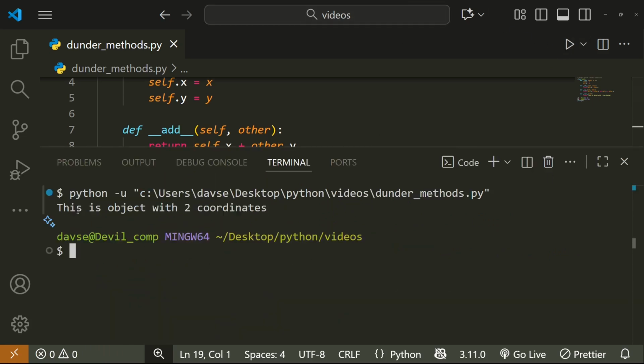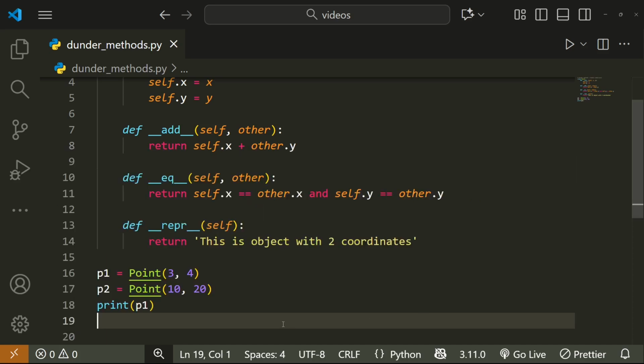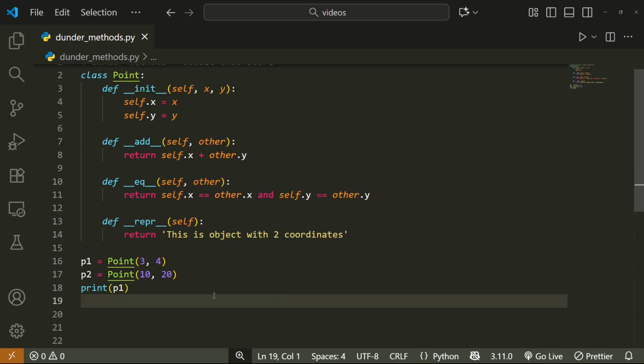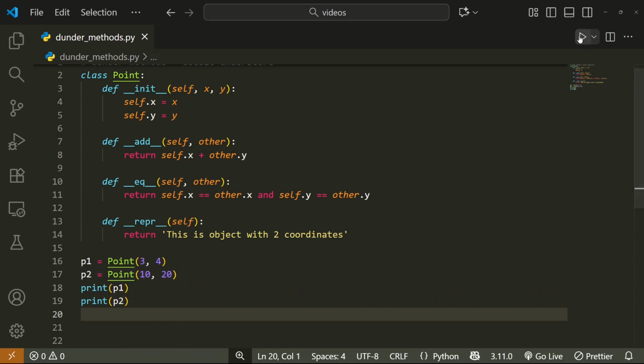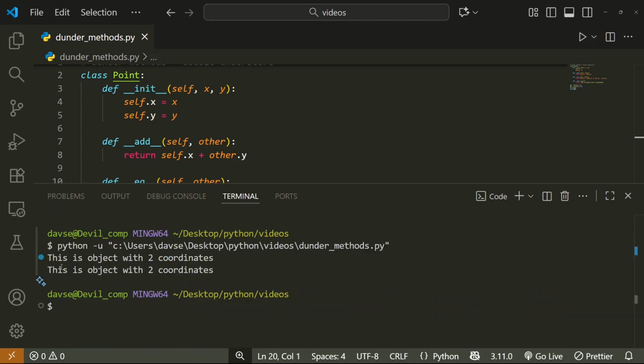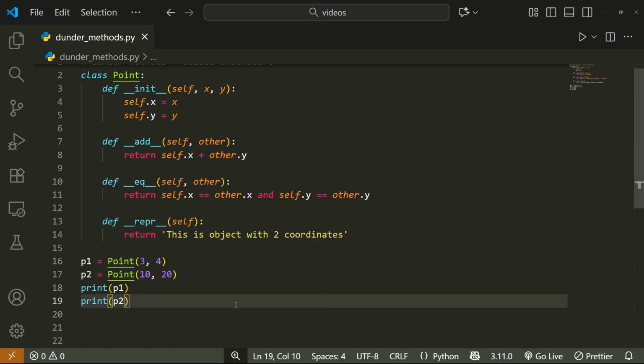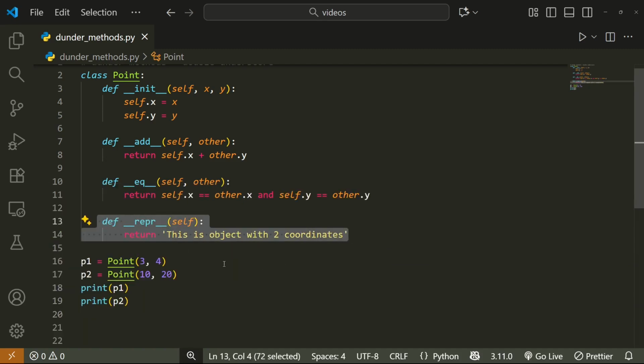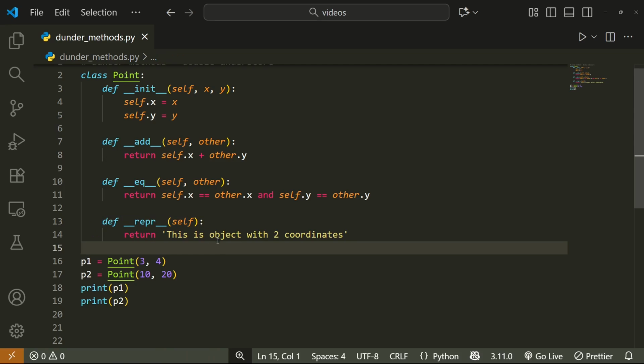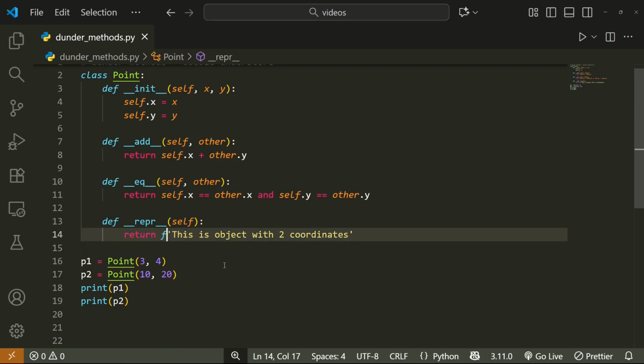Again, this object with two coordinates. So it means if you want to print the second object, p2, I mean this object, it does the same. This is object with two coordinates, this is object with two coordinates. And it's now, guys, again, it's up to you what it does. So for example, I can change it to an f-string, and this is object with two coordinates,